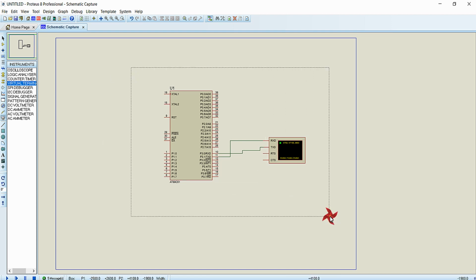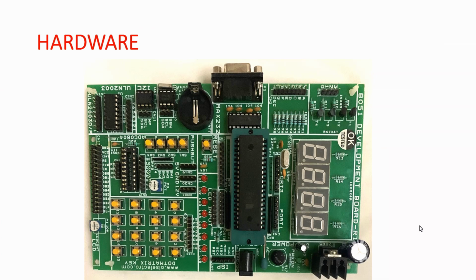So that's all about the simulation. You can see this is the development board that I'm going to use for demonstrating all the outputs that I get in my hardware. Here in my development board you can see the ISP pinouts where you can connect the USB ASP programmer pinouts directly to this connector for programming this microcontroller, or for uploading the hex file directly to this microcontroller.